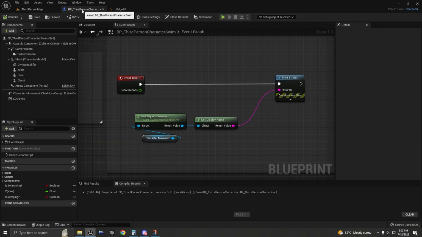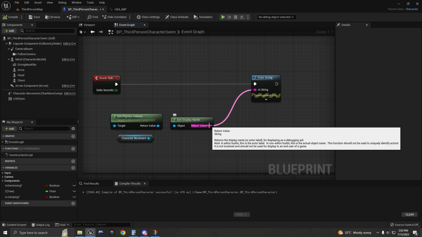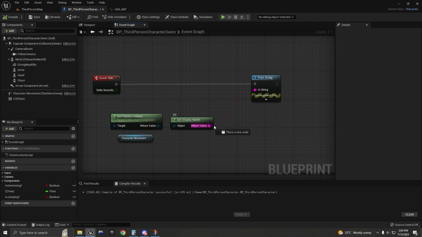So we're going to use this information for knowing when the character has contact with the water. So what I want to do, I want to drag off the return value of the get display name node,